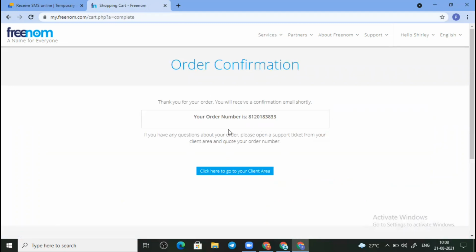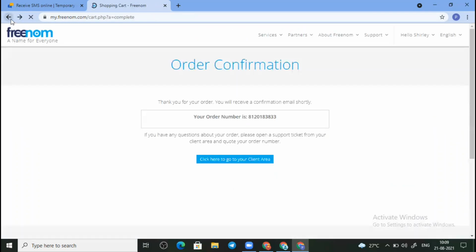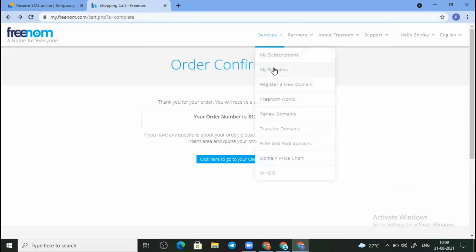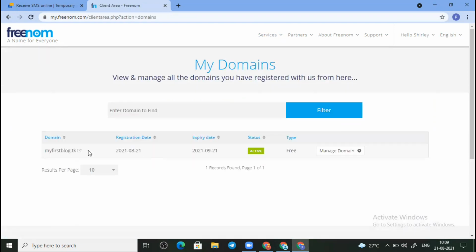We have purchased the domain successfully. Then you can just click here to go on your client area. If it's showing error, go back and click to services and select my domain to view your domain name which is purchased successfully. You can see the status is active, registration date, expiry date, and you can manage your domain through that manage domain option.